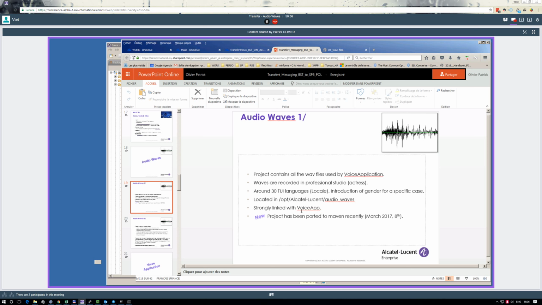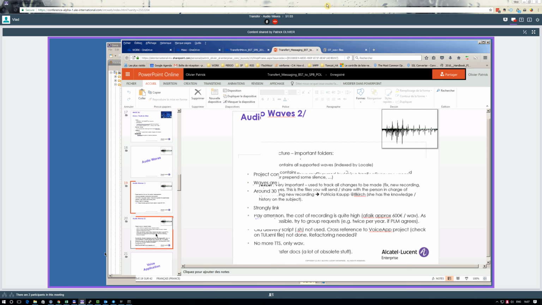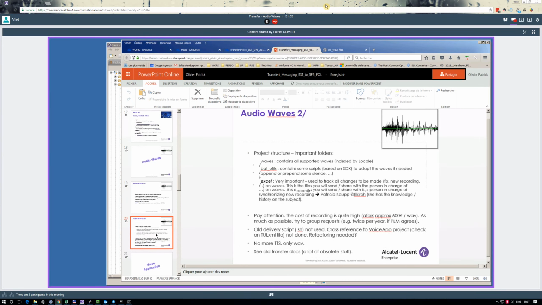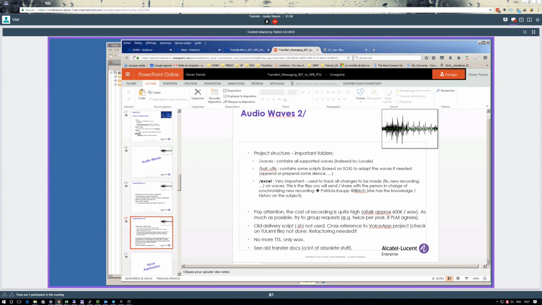For example, the previous team in charge had to append some silence at the beginning of the wave message, because the playing of the messages was too close to each other. Do you understand me? Yeah. So they have a tool, I don't know if you know it, SOX. It exists on Windows and on Linux. It helps process and play with WAV files and all audio files.